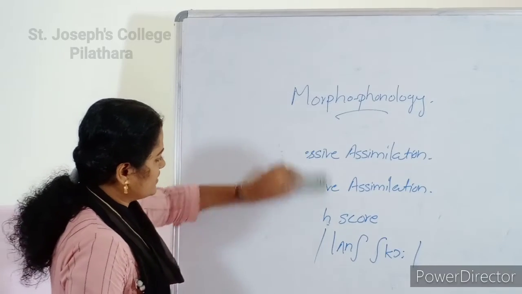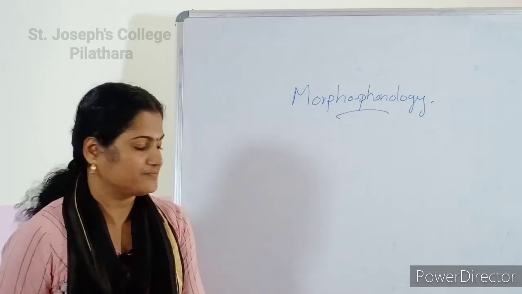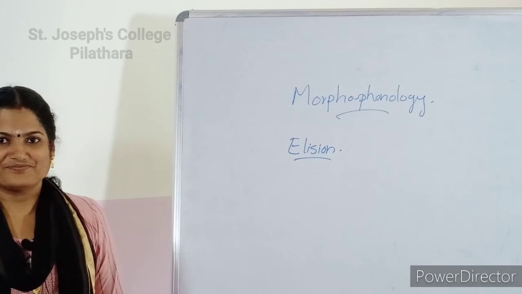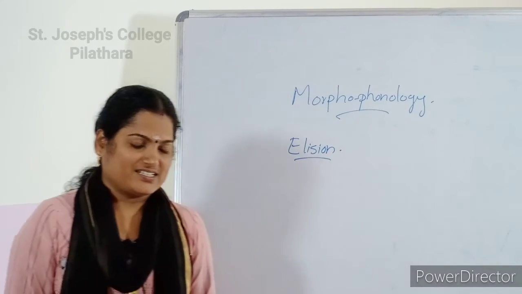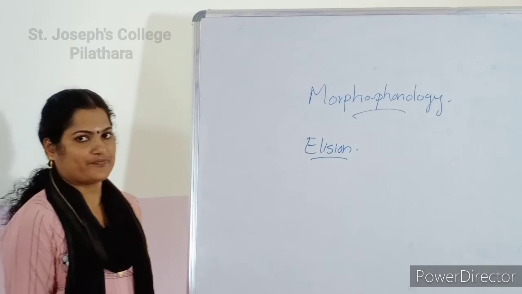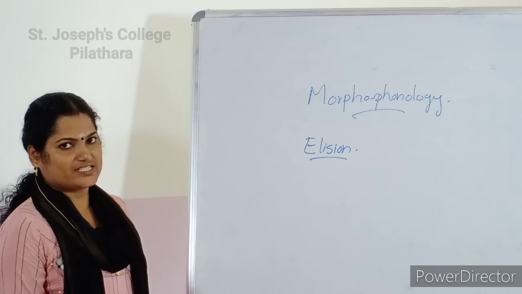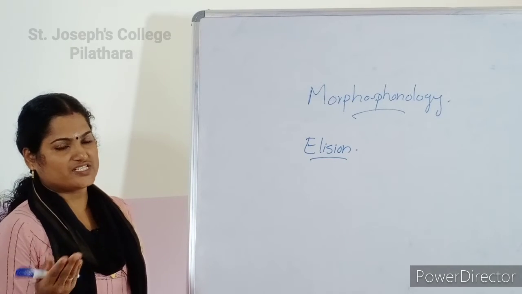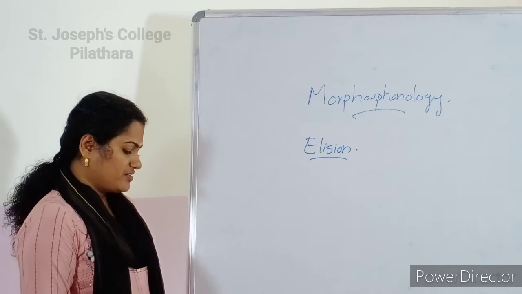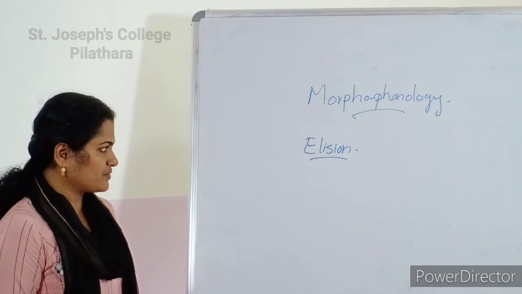Next, we have to study elision. Another phoneme change, that is elision. Elision may be described as the omission of a word segment. In assimilation, we already studied how the influence of one phoneme changes another nearby phoneme. In elision, it's the process in which a sound segment which would be present in the pronunciation of a word